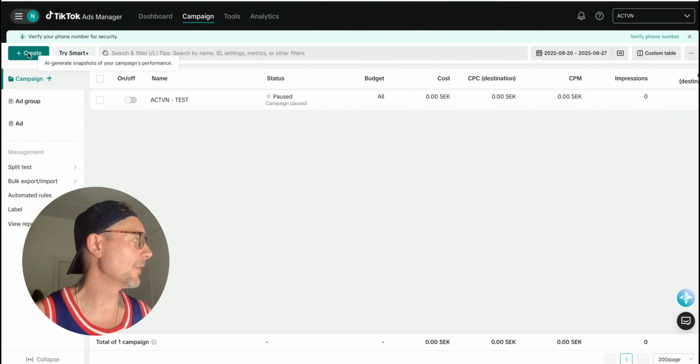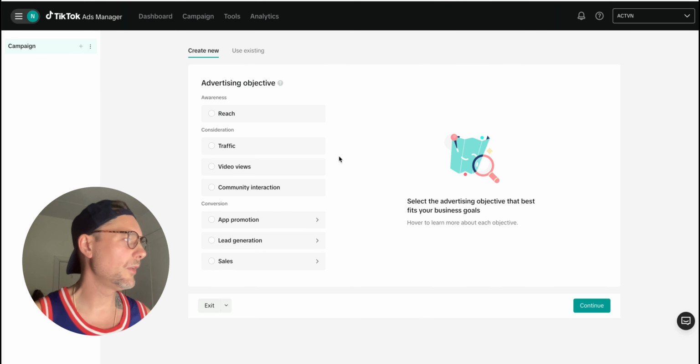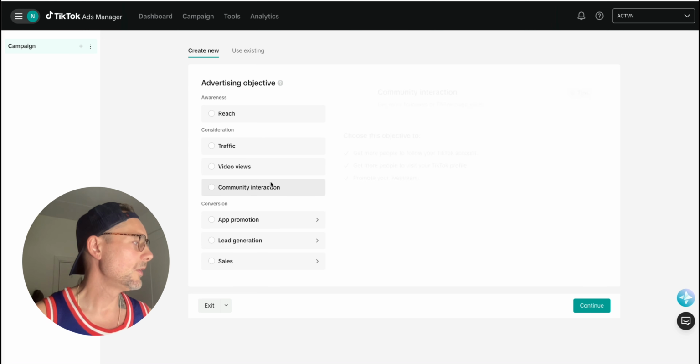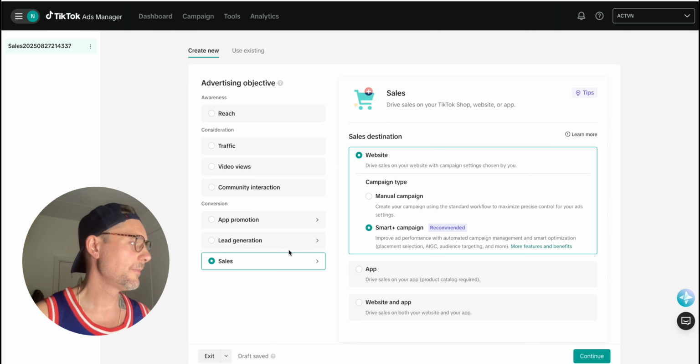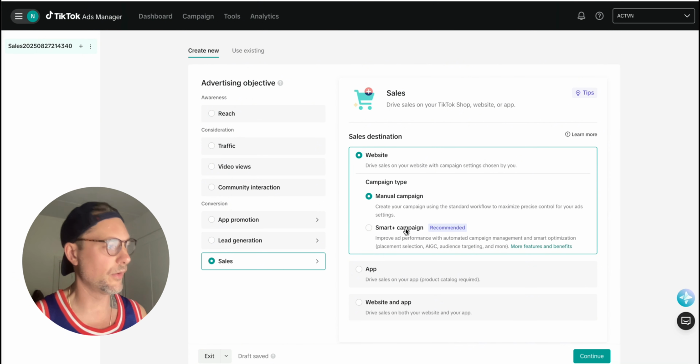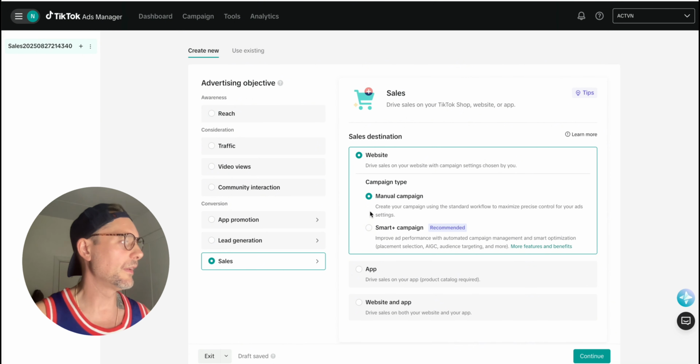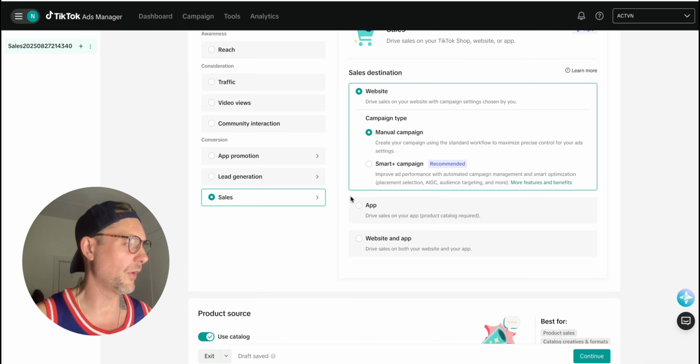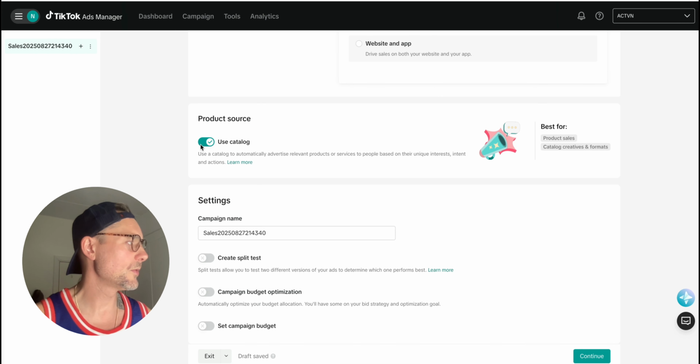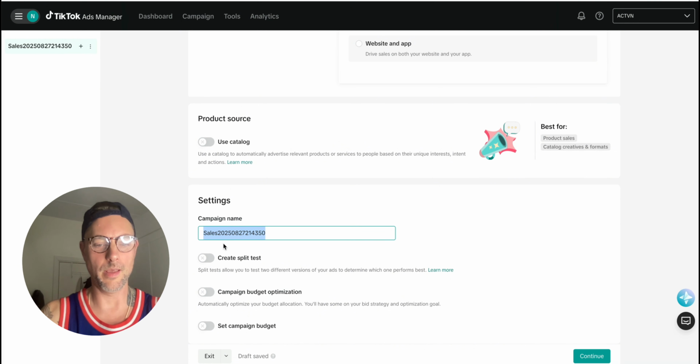You go up on create, and when you have clicked on create a new campaign, you go on sales, always sales, and I put it on manual campaign. Smart campaign, it's okay, it's a CBO, but today we do manual campaign for our testing. We will not use catalog, and we name it ABO, and then I would put my product,